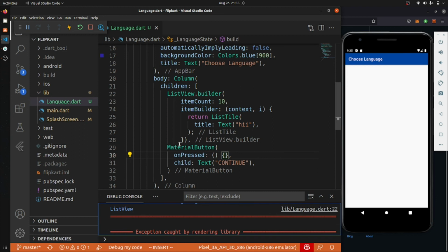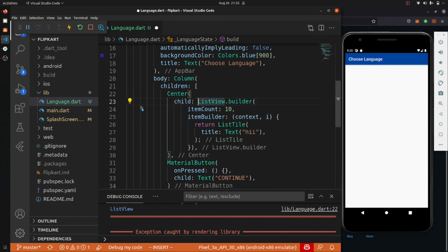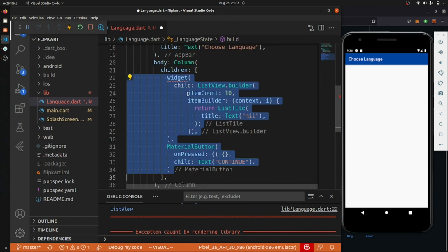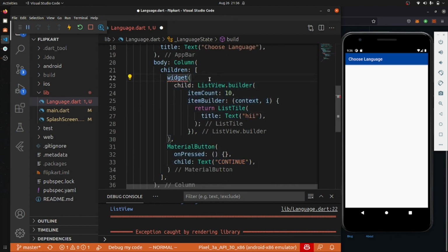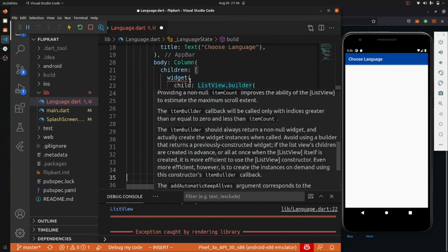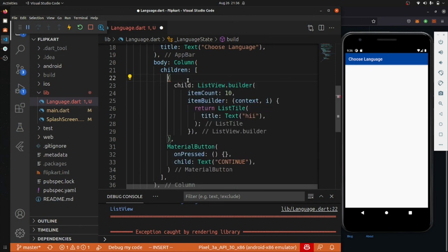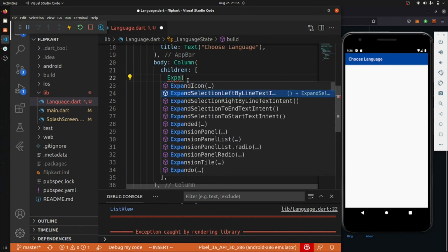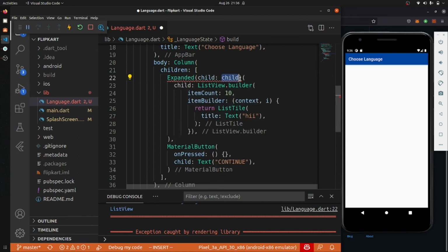So in order to do that, we have to wrap the whole thing in a widget, and that widget is known as Expanded. So we wrap all this in Expanded, and inside this Expanded the child will be the ListView.builder.